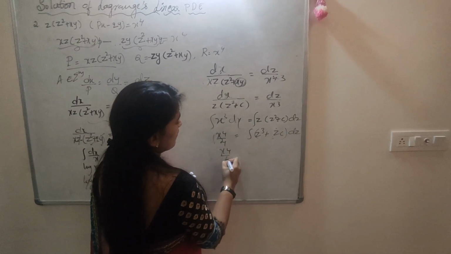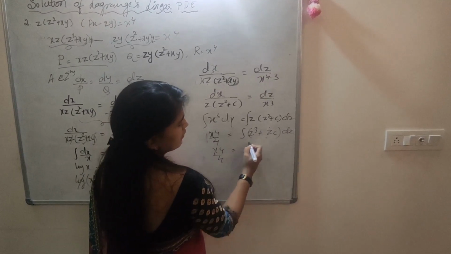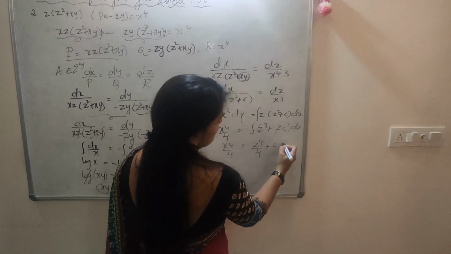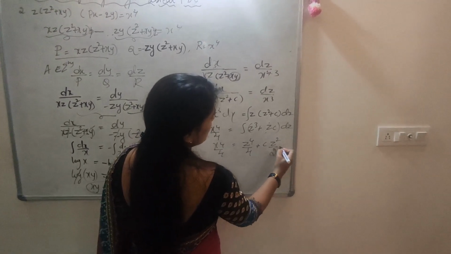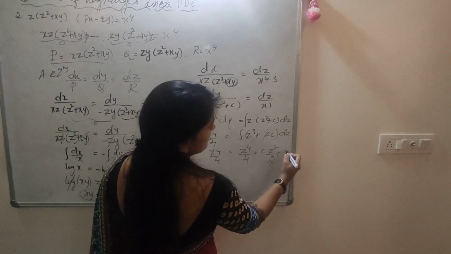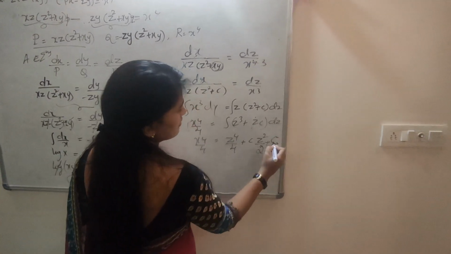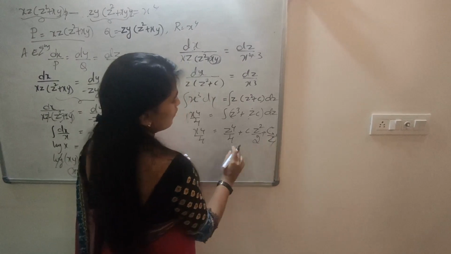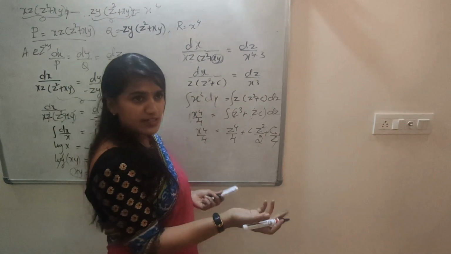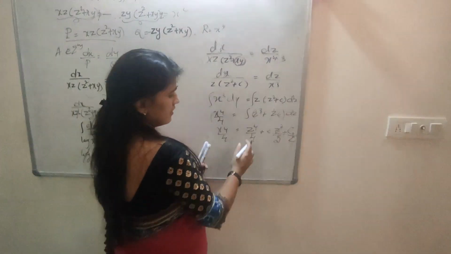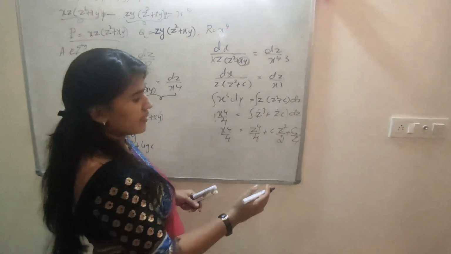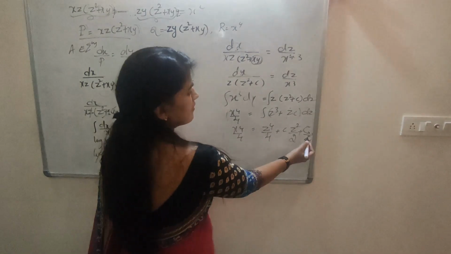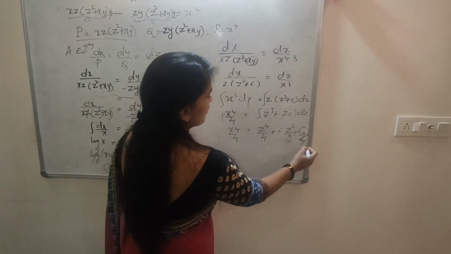So x power 4 by 4 is equal to z cube, integration is z power 4 by 4 plus c is constant, it is z square by 2 plus I will write it as capital C, otherwise you can take c2. Okay, c2 by 2. You can take 4, because for our convenience you can write c2 also, because in the next step I will take 4 as common factor. That's what c is constant, same as c by 4 also constant. I have just taken c by 4 as constant.